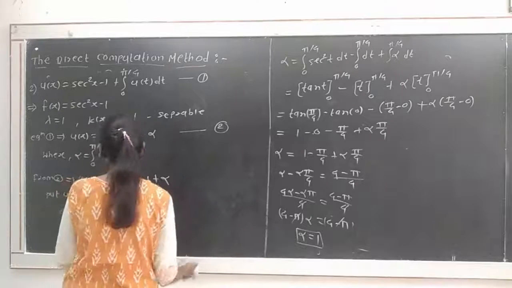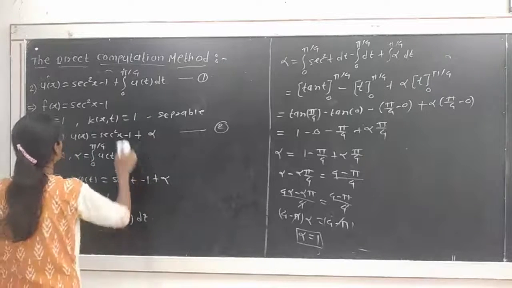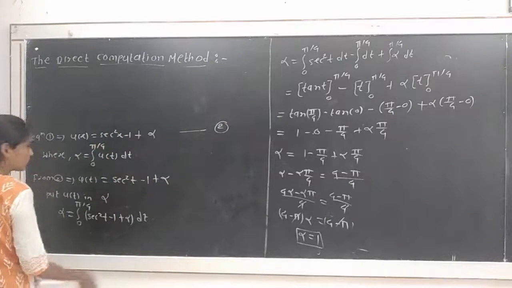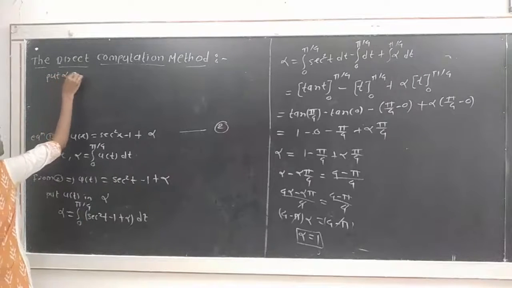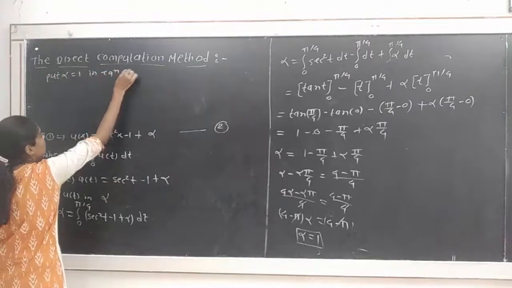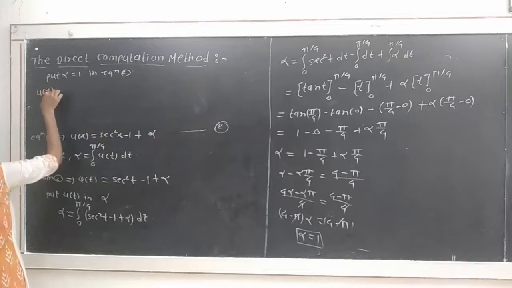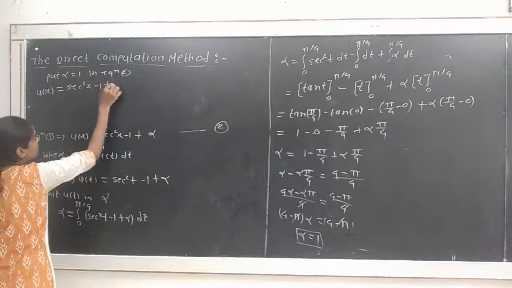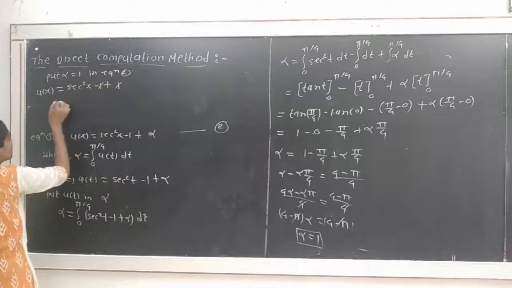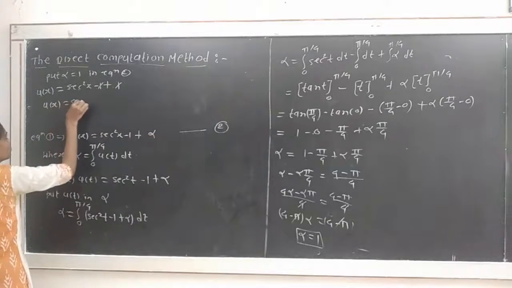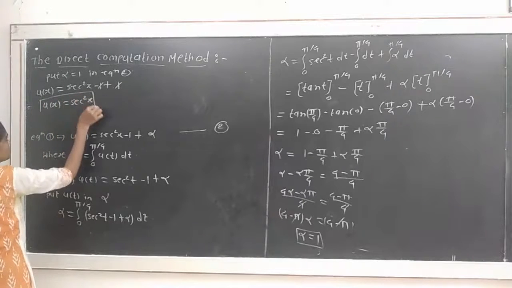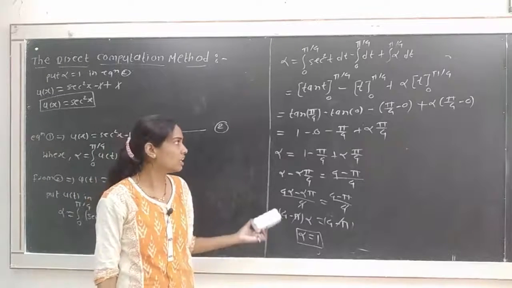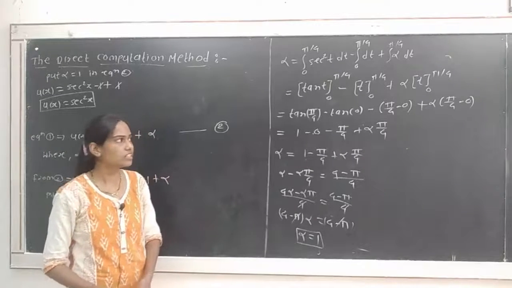So we put alpha is equal to 1 in equation number 2. Then we get the solution of the given integral equation. Put alpha is equal to 1 in equation number 2, we get the solution u of x. Equation number 2 will be this: 6 square x minus 1 plus alpha, which is 1. Minus 1 plus 1 gets cancelled, we get u of x is equal to 6 square x, which is the solution of the given non-homogeneous Fredholm equation of second type with separable kernel. Okay, in this way. Then we see the next example.